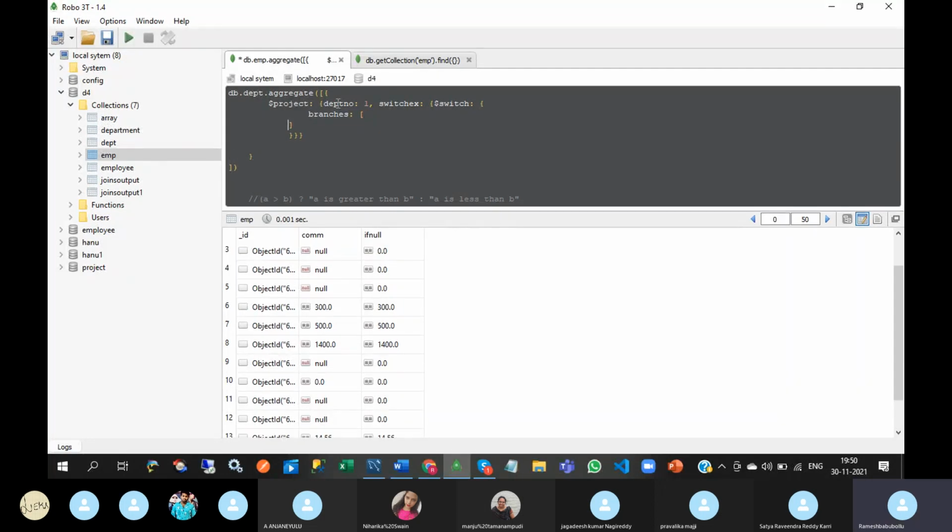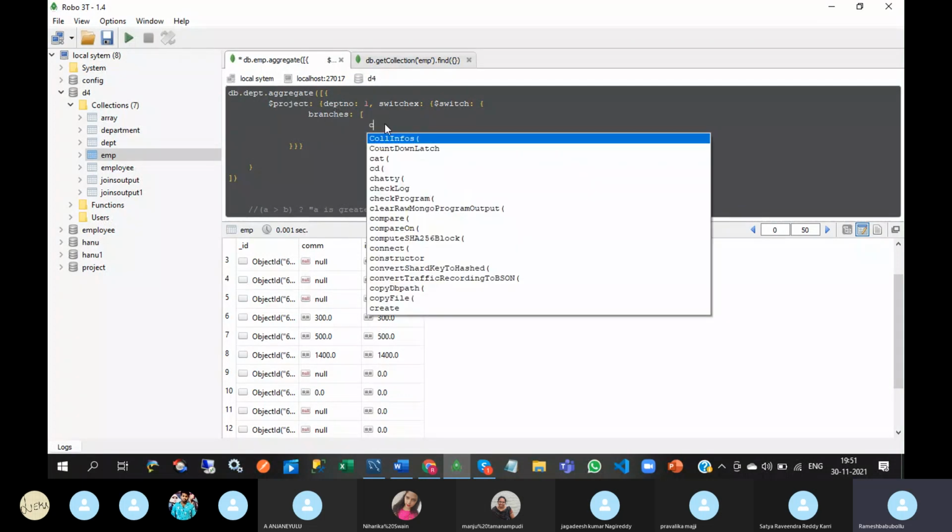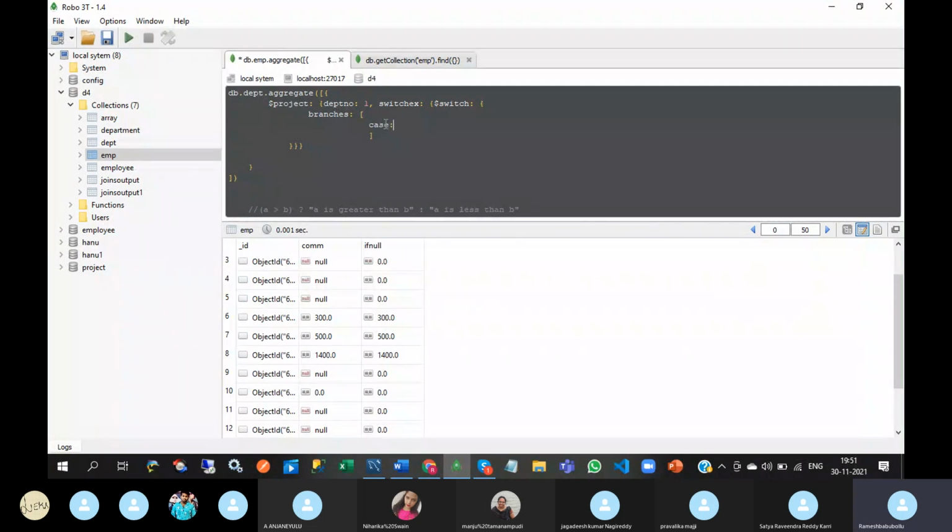in these square brackets you can use multiple cases, like first case. It is a keyword, equal, DEPT number, comma 20.